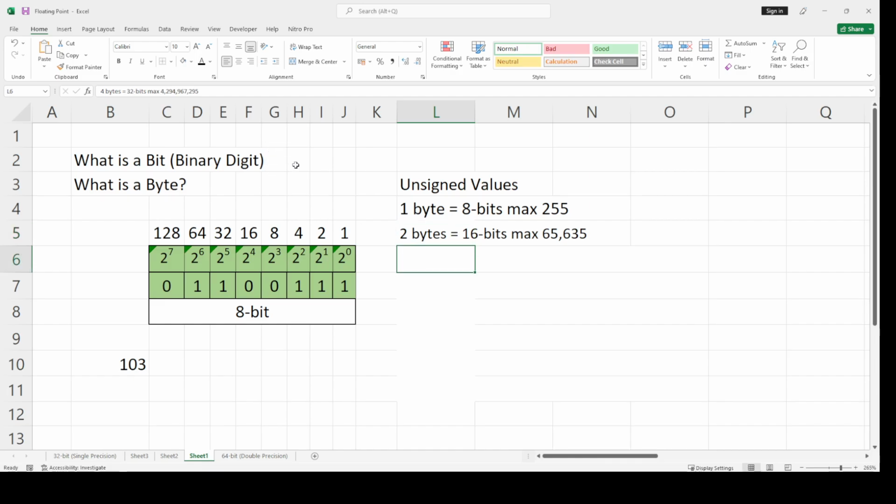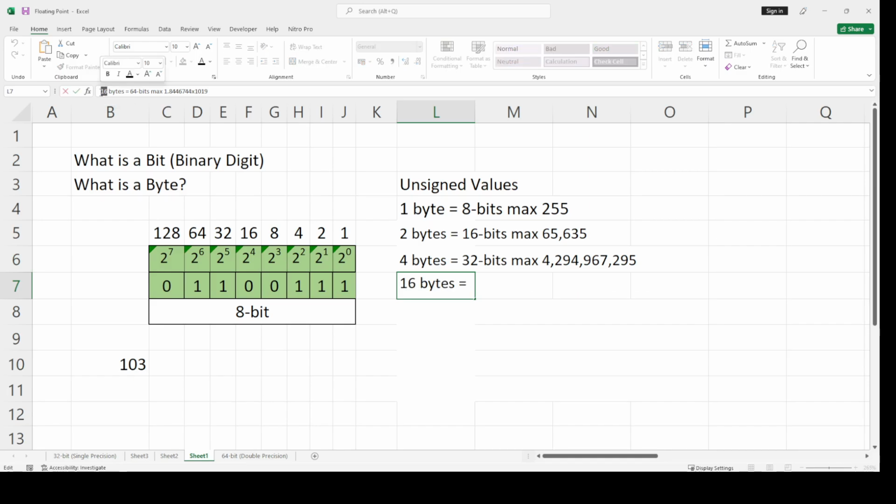So if I continue down this path, if we double the bytes, that is 4 bytes, we get 32 bits. So 32 bits is just 32 switches. 16 bits is just 16 switches. Switches means it can only be in two states, that is in ones or zeros, in on or off, in true or false. So if I continue, the next here is 8 bytes. Sorry, I forgot this is 8 bytes.